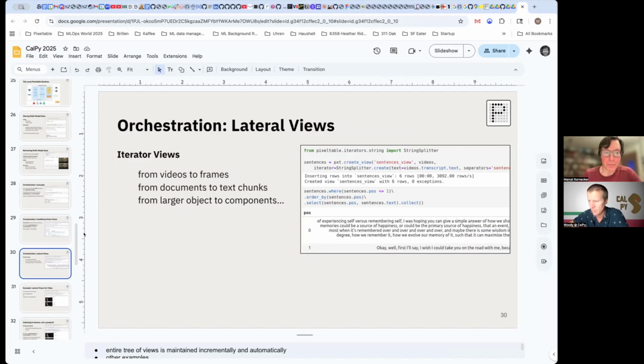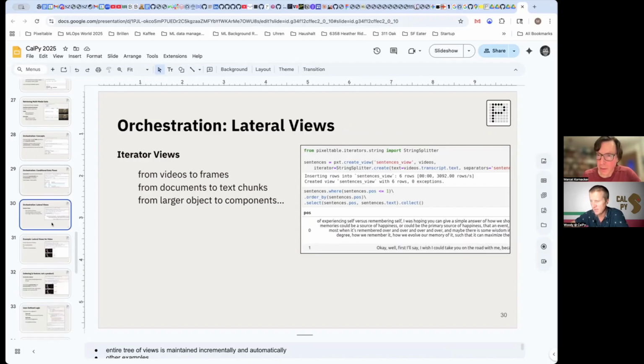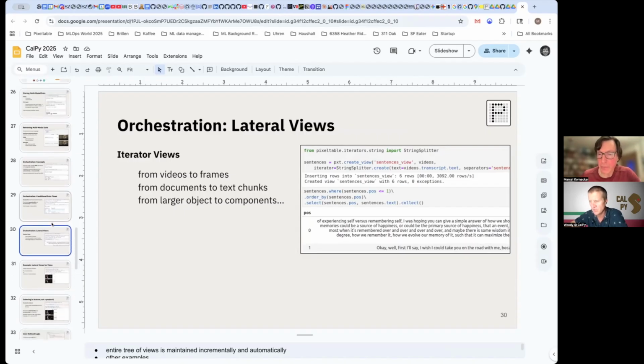Well, the sentence view, is that punctuation dependent, or is it doing some amount of semantic analysis? Say, for example, you gave it a set of text messages and someone was being sloppy with their communication. It's using spaCy under the covers, so it depends on whatever NLP model you have. Again, this is something you can do yourself.